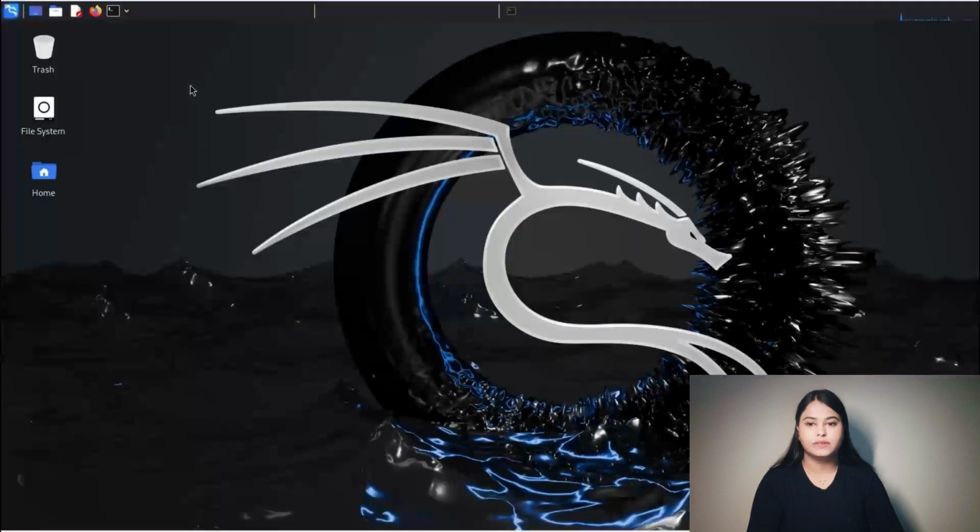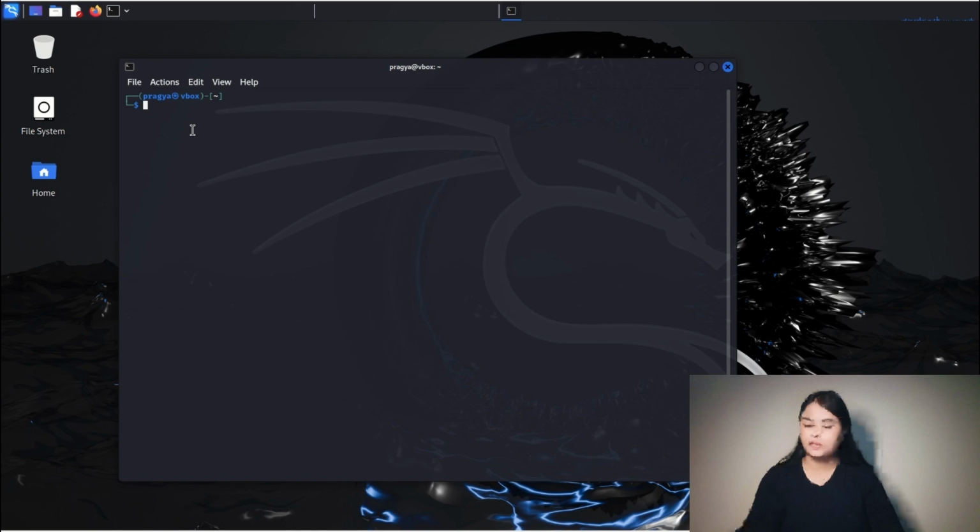Backdoor.exe is used to create malicious executables via the Metasploit framework's MSFVenom tool. It is designed to grant an attacker persistent access to a victim system. So without further wasting any time, let's move to our Kali window. The first thing I want to show you is the different payloads that we can use with MSFVenom.